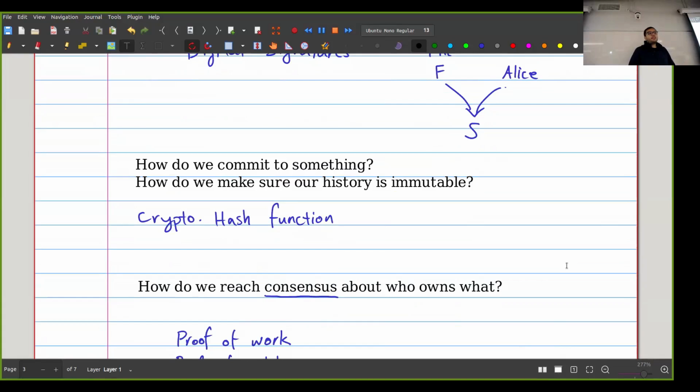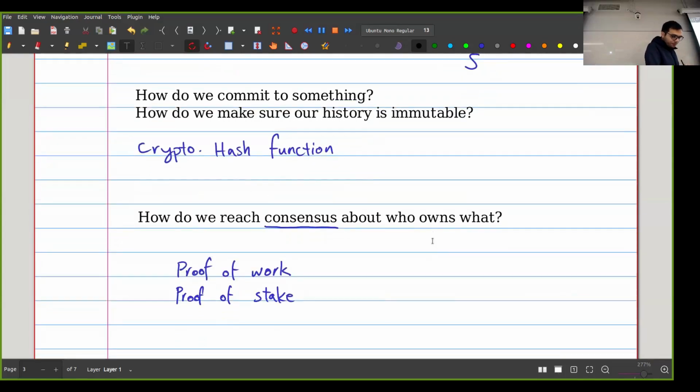Because, again, at the end of the day, if I have a cryptocurrency, I have a bunch of different players on the network. These are the nodes that are keeping track of everything. Maybe someone wants to cheat. Maybe someone wants to change the history of the network. And I want to make sure that that cannot happen. And one of the primitives that we use here is a cryptographic hash function. And this is actually something that hopefully I will get into today.